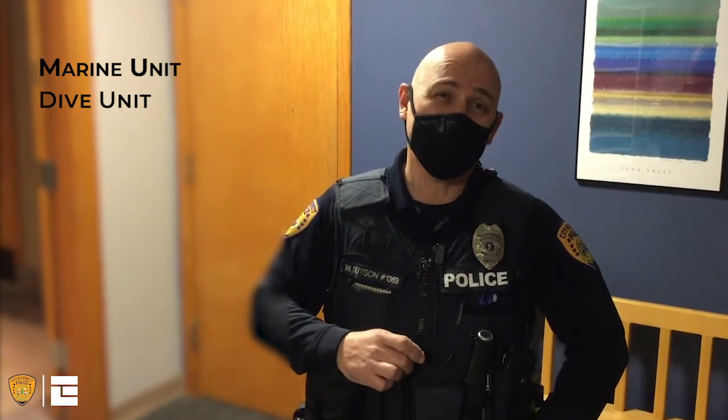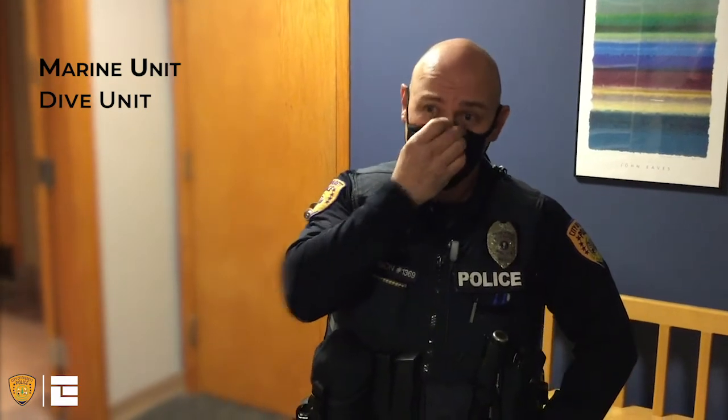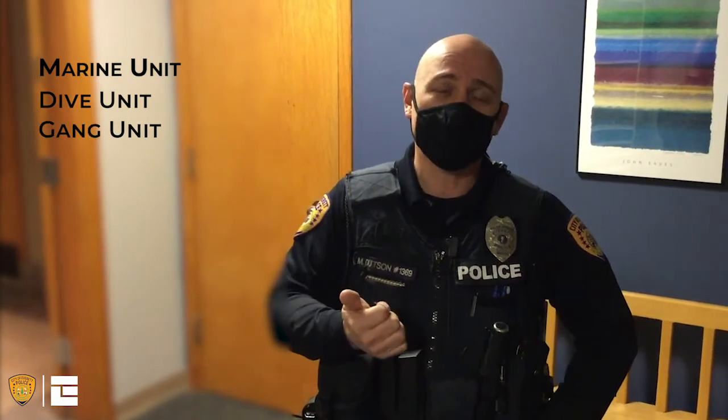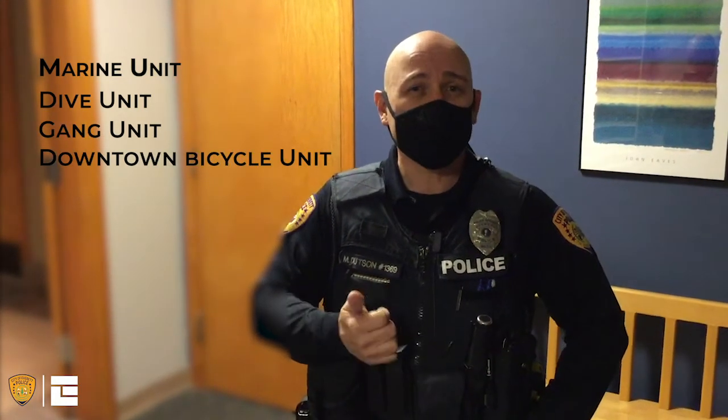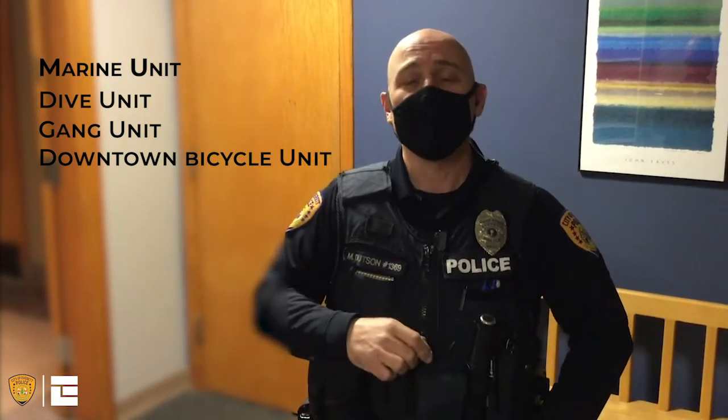So in addition to the investigation unit, we also have various specialty units here in the department. Some of those include, we have a marine unit that they patrol the waterways. We have a dive unit that's part of that marine unit where they will be called out for evidence recovery, which involves water, of course. We have a gang unit. We have a downtown bicycle unit that deals with the downtown corridor and the businesses. And we have